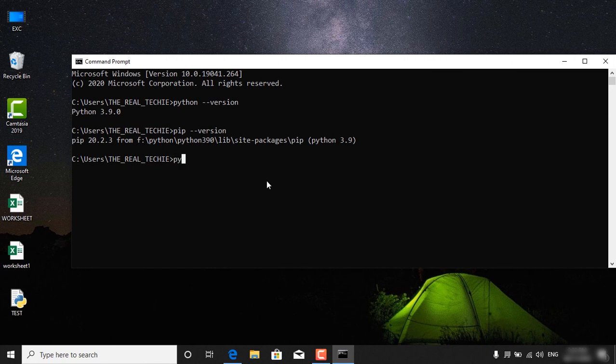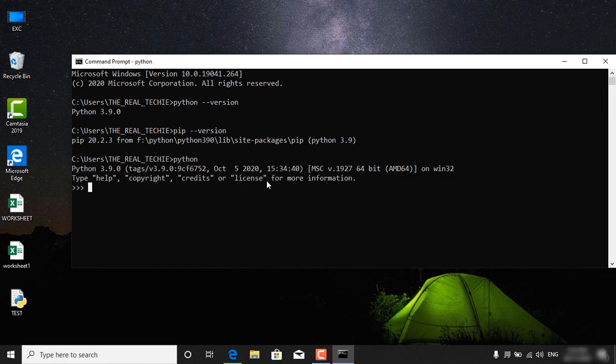And here we can type python, and it will open our Python shell in our command prompt, and here we will print our hello world, and we will test print hello world. Once we enter, we can see the result here. So Python is running from our command prompt now. So we have three options to run Python in our Windows operating system.